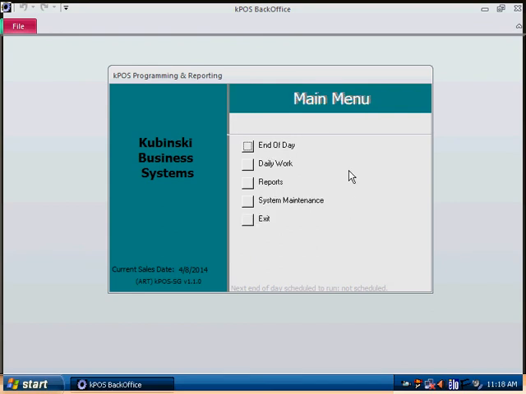I'm only going to touch on a few things here because on a day-to-day basis, you're probably only going to use a few things back here. Mainly, it's going to be in the daily work side of things. So before a bartender can sell any tickets, or even move a game around in the system, you have to do a setup of the game. So we'd go to game setup,